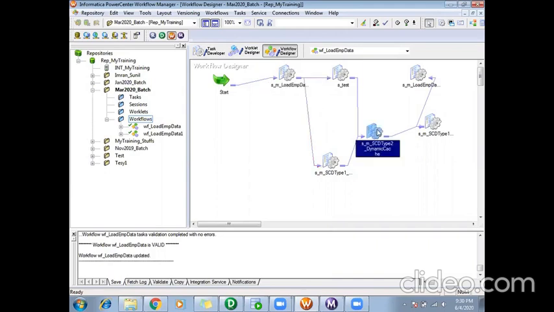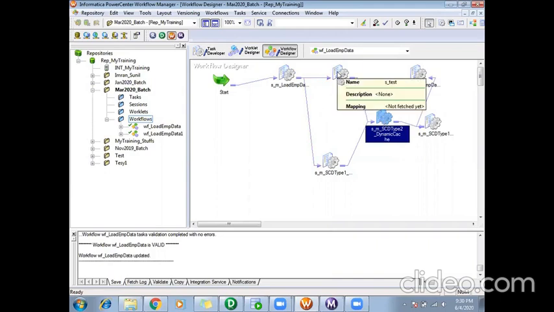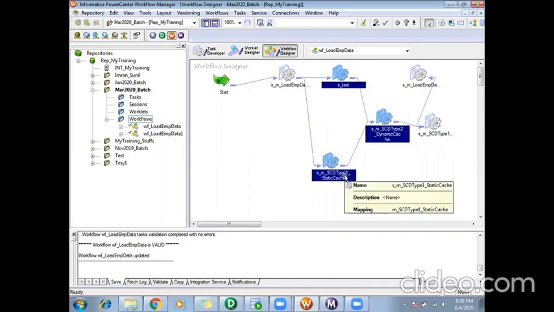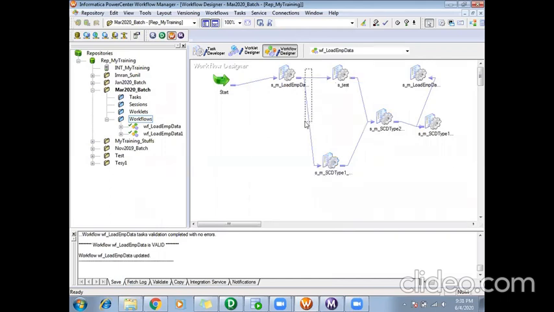So assume, now consider this session. This session is dependent on the data coming from these two. Then I need to ensure that this session starts only when these two sessions are completed. The dependency I need to set. This one is called parallel batch running.